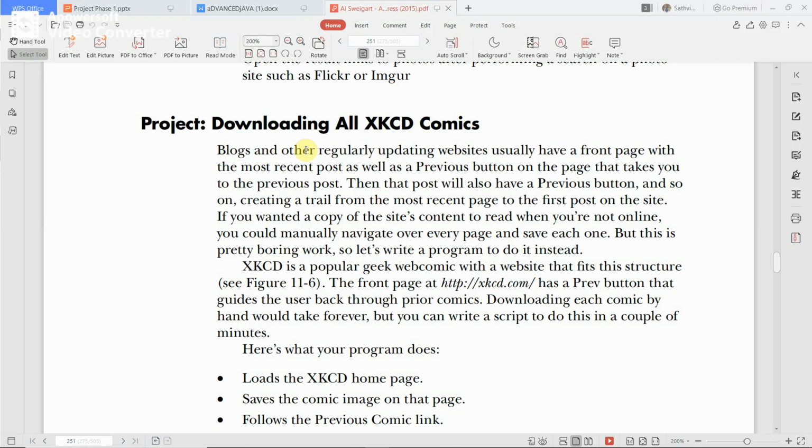Now we see one more project: downloading XKCD comics. Blogs and other regularly updating websites usually have a front page, and we want to extract some comics from those web comic pages, for example,